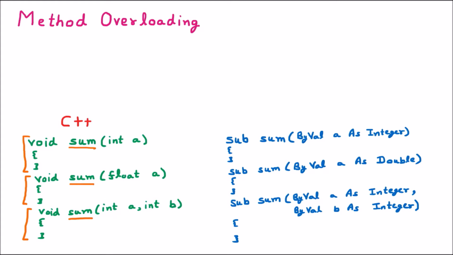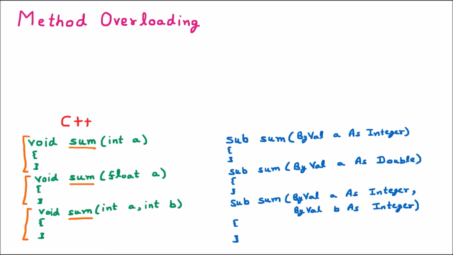So whenever we are using one name in multiple forms, that is called polymorphism. And from polymorphism, we have static polymorphism, which is called method overloading. So method overloading is a concept where we use a single name with multiple methods. In C programming, it is not possible, but in C++ or all object-oriented programming languages, such as .NET and Java, it is possible.